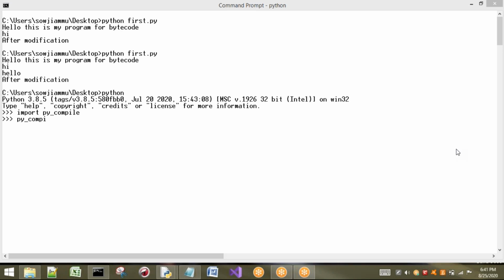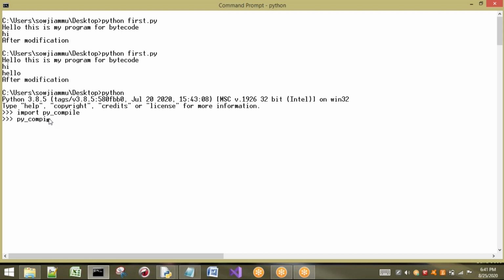Okay, right. Now see, py_compile. I want to compile a particular file, so I have to use a function called compile. Which file do I want to compile? First.py, for example. This is called manual compilation. Is there a need for manual compilation? It is not necessary. By default it is going to compile, but if you want to see a manual compilation, we can do it this way. So now see what happens when I compile.